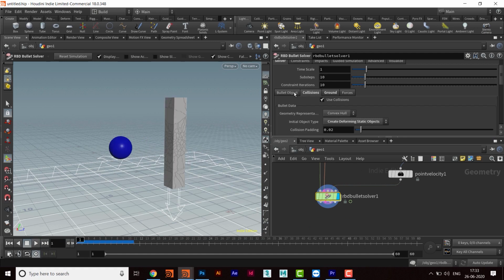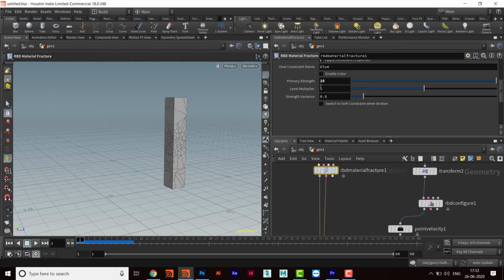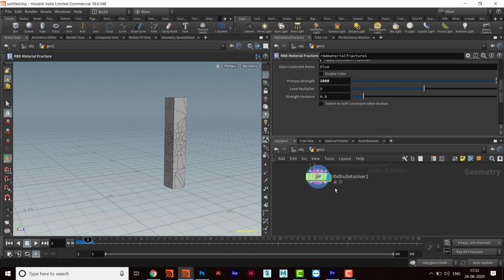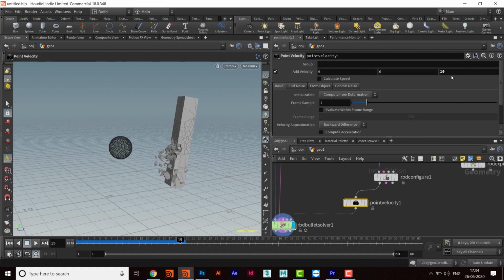So that is crumbling even before the ball is hitting it. So I'll keep it to 1000 and then simulate it again. Yup. So I will increase the value a little. Maybe I'll make it 20.